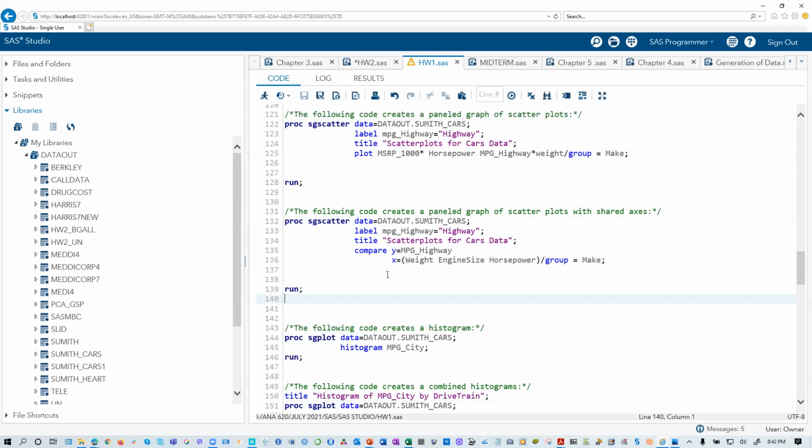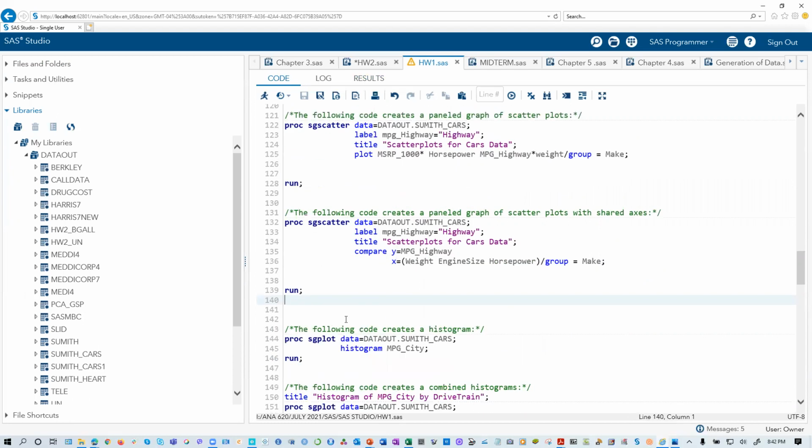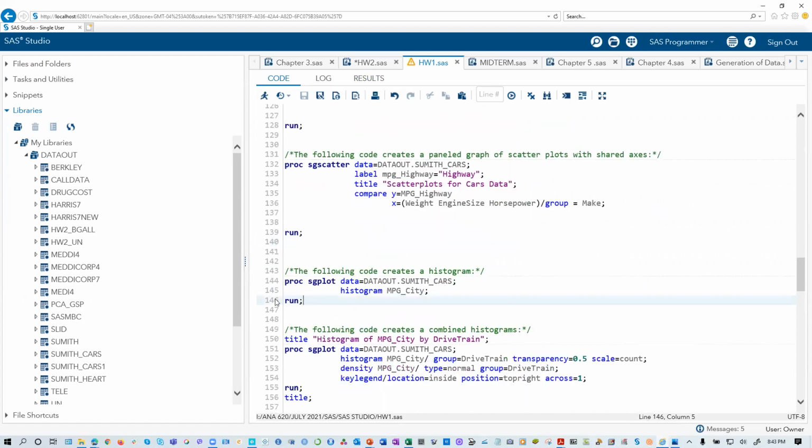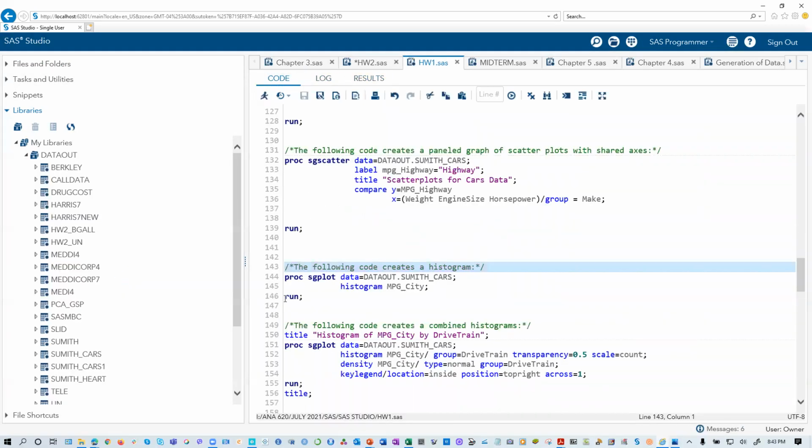See, this one is for the histogram, okay? These are for the scatter plot. Now I'm going to go to histogram, then I use the SG plot. If you want that single one, I'm sorry. This one, I'm going to go ahead and